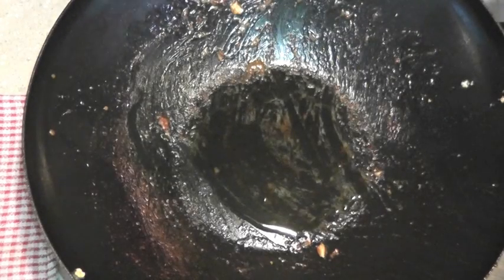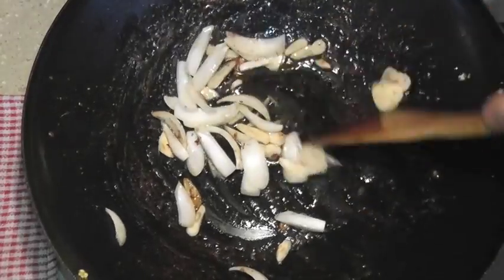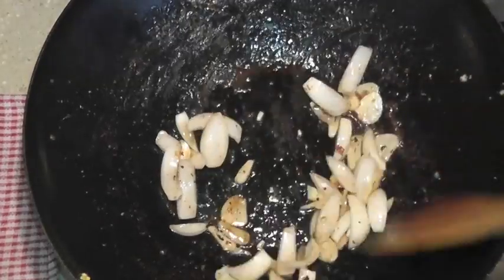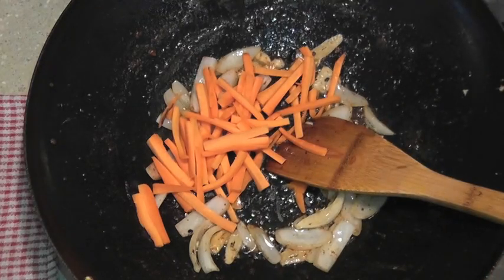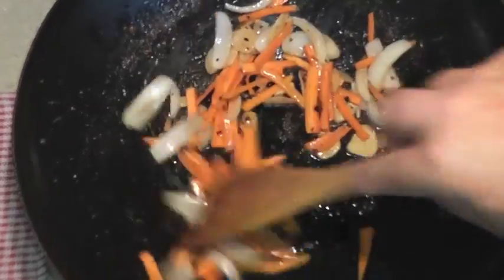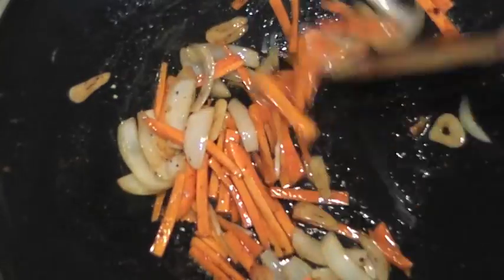We'll fry off the rest of our garlic and onions. We'll scrape off the rest of that pad Thai sauce and chicken, and we just want to fry this for about 20 seconds or so before we add our carrots, which we'll add now. And we'll just fry them for a few seconds. You want to try and keep the pan hot, so you just want to add everything that we're going to add next gradually, so we'll keep the heat up on